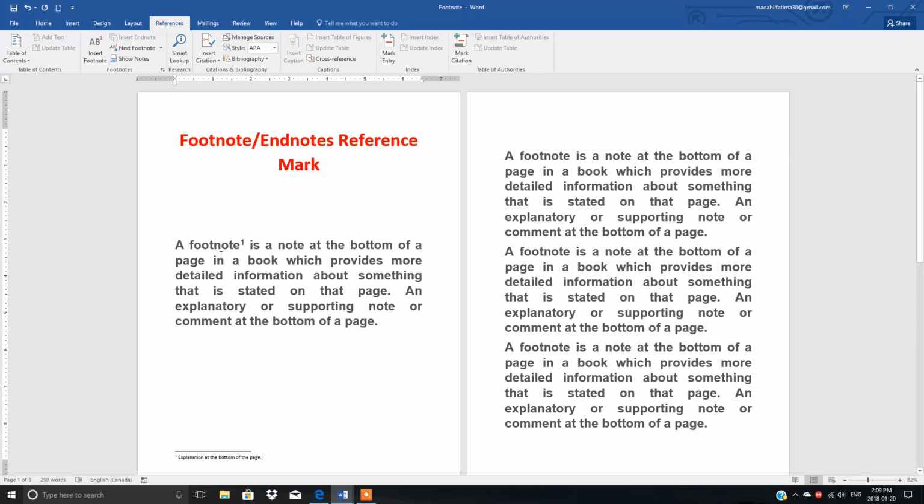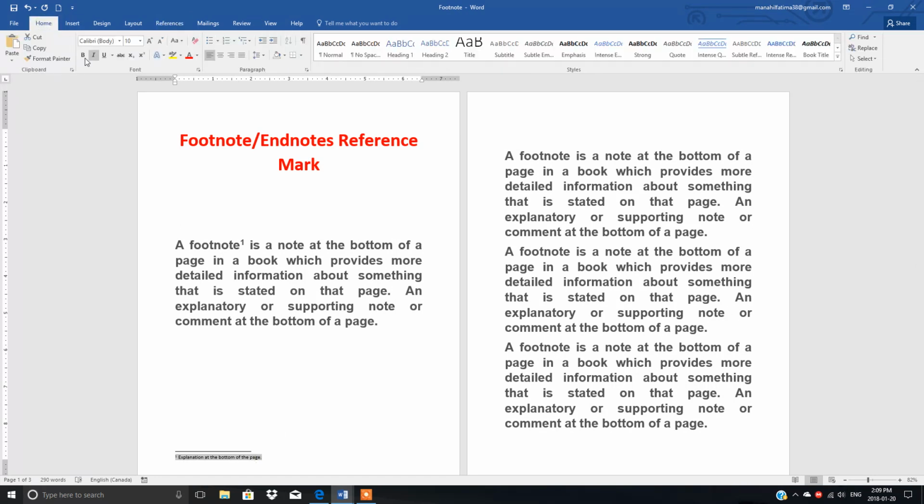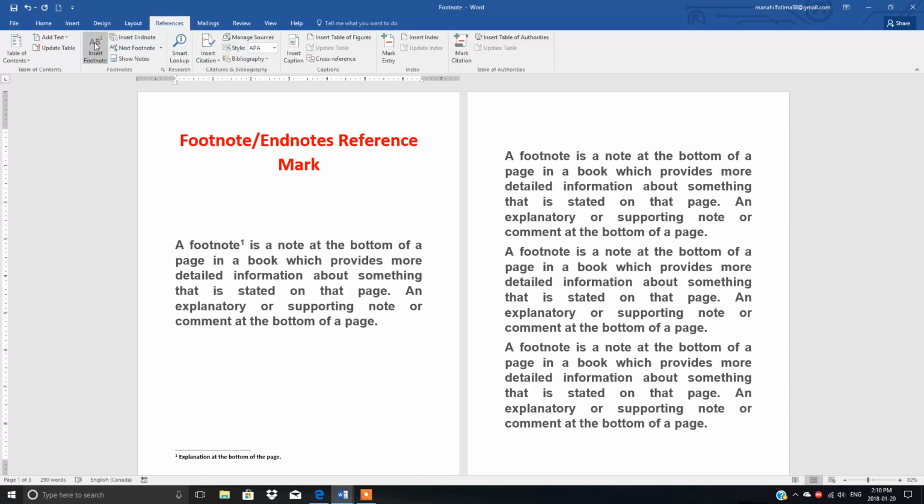You can have any phrase, any idiom, you have to perform the same function. I can make it bold so you can see it easily here. One more time, here suppose when you will read it, you will say, okay, explanatory, this is the difficult word, I want to write down some more explanation or comment about it. So bring your insertion pointer here at the end of the letter Y and then go to the references and insert footnote. Here explanatory, so the meaning is